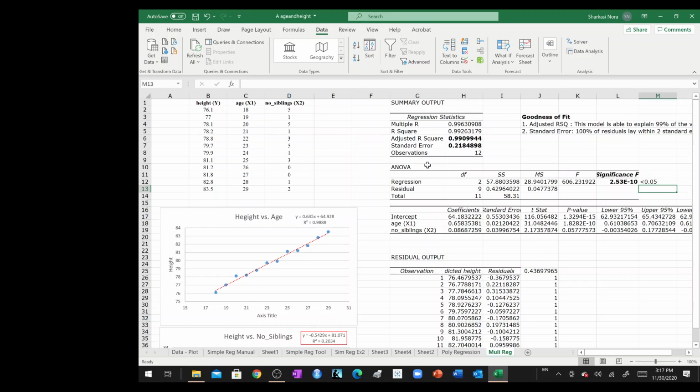useful. Now, before I move on to the next step, I would like to compare height and age, the R squared, because this is a relative measure. Do you remember, guys, when we talked about this being relative and this being absolute? So in fact, guys, being relative is not always bad. Relative means I can also compare if this model with age and number of siblings is better than age alone. The first model that we've done